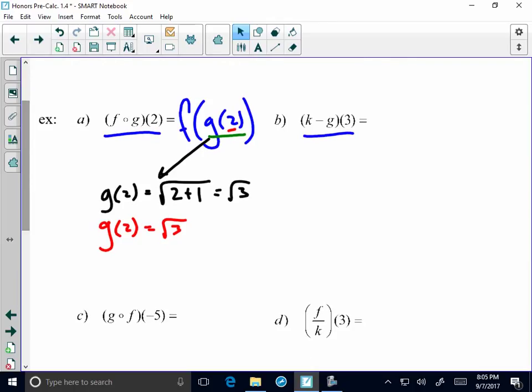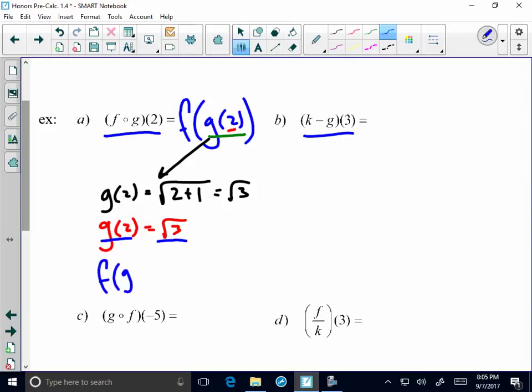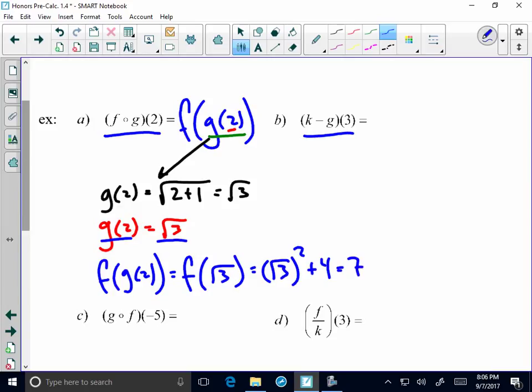And then at this point, we're going to take that square root of 3, g of 2, as the input for f. So f is going to take our g of 2, which is the square root of 3. So that's f of the square root of 3. And it is going to do what f does, which is square the input and then add 4 to it. So right here, we've got the square of the square root of 3 plus 4, and that's going to be 7. So right here, that's the work that we would do when we first plug it into the first function